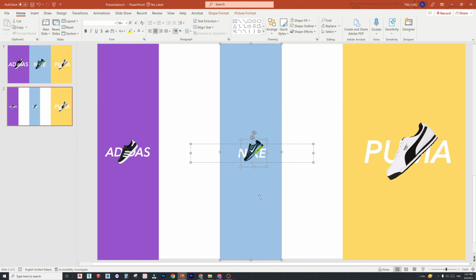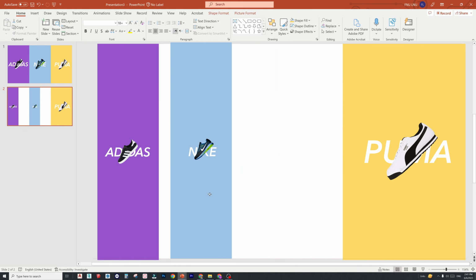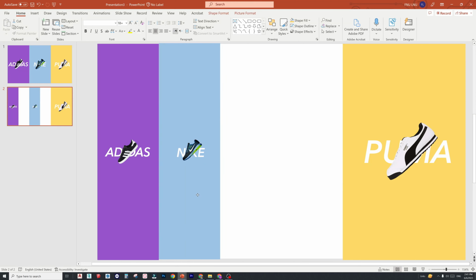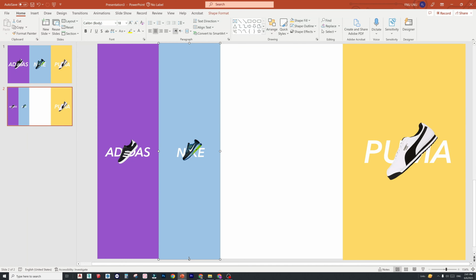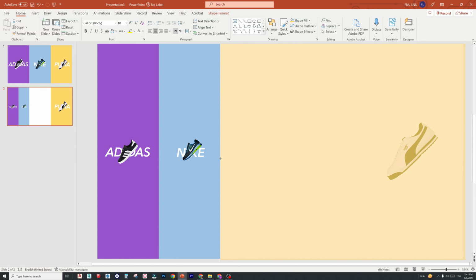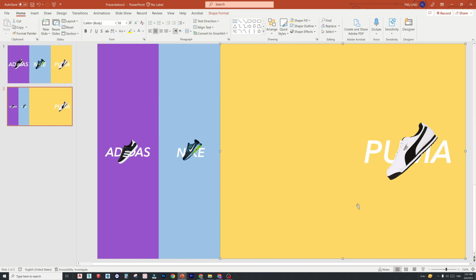and join it with the first shape. Make sure these shapes equally fill the layout, like this. Perfect. Now select the third shape and hold shift and drag it to the layout. Perfect. Now select the shoes, bring it to the normal shape